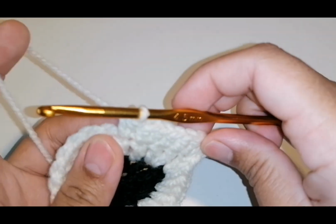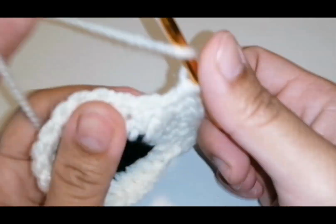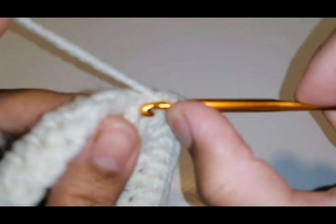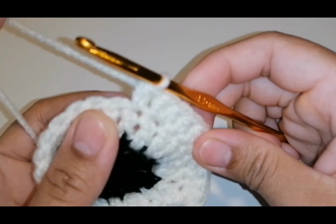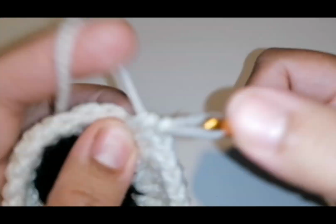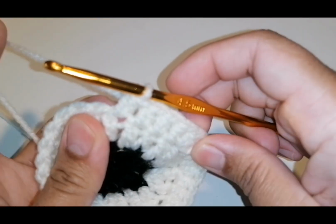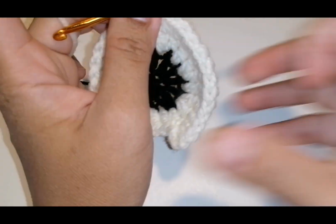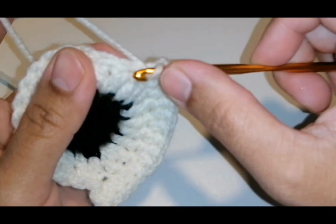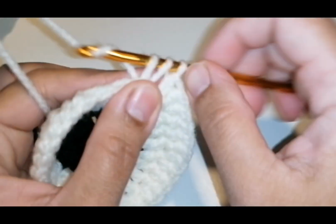So the pattern will be 2 half double crochet in the one chain, and then followed by 1 single half double crochet. So it's 2 and then 1. Okay, sorry, it's 2 half double crochet in one chain, and then followed by 1 1 half double crochet. So it's 2 and then 1 1, and then 2 and then 1 1 half double crochet. So keep going until we are done. We will be done on this row. Okay,